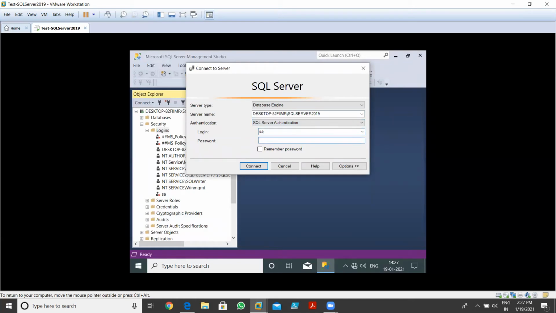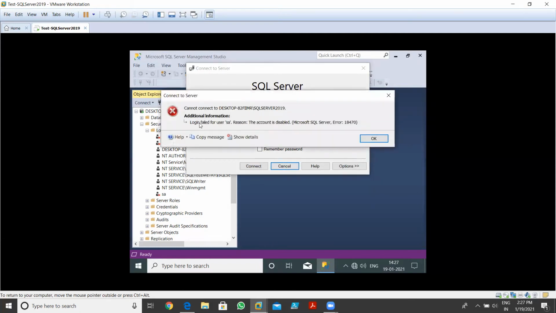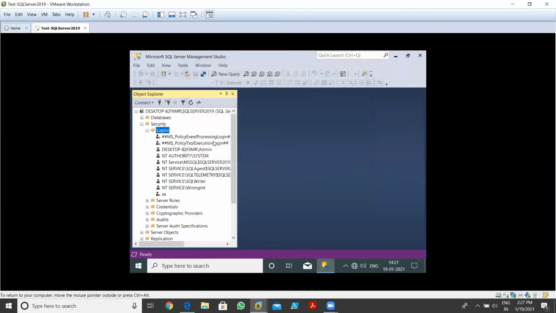Okay, I give the password and try to log in with this. You can see it shows me the login failed for the user, with the reason that the account is disabled, because it's not allowing me to log in. Okay, so if I click on cancel and go to the properties again for this user,